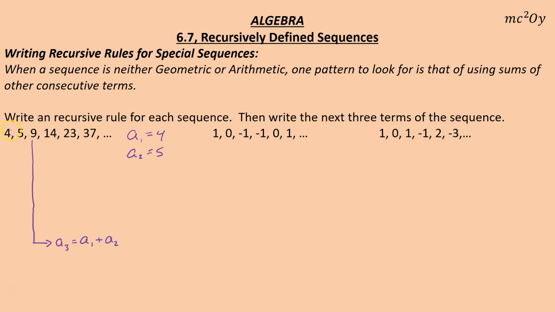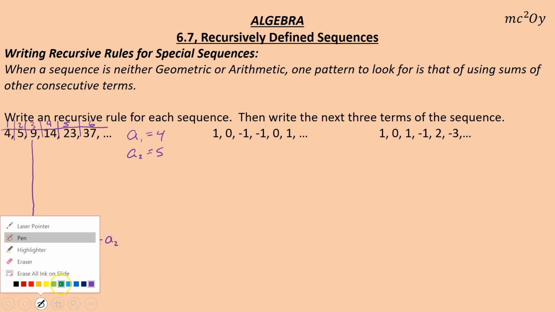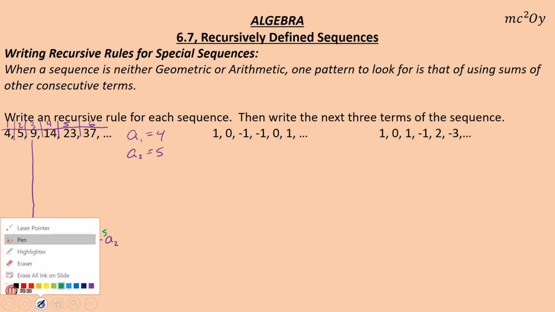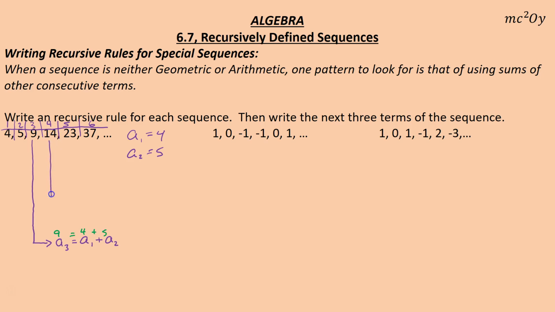Remember, this is like if we were to list our term numbers: first term, second term, third term, fourth term, fifth term, and sixth term. So to get the third term, 9, add the first and the second. Okay, so if we were to switch up the colors here, that would give me 9 equals 4 plus 5. And that works. Okay, what you want to do is see if it works for all of them. So I did that here. That would be the fourth term